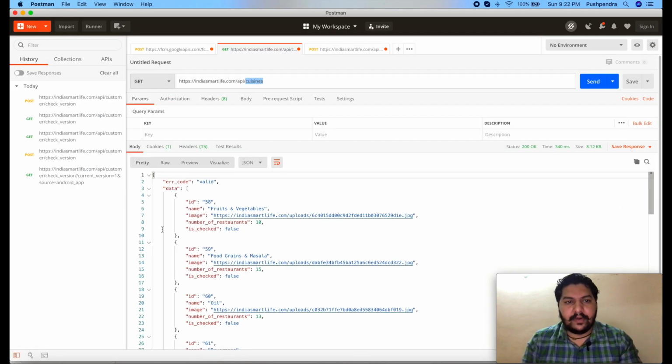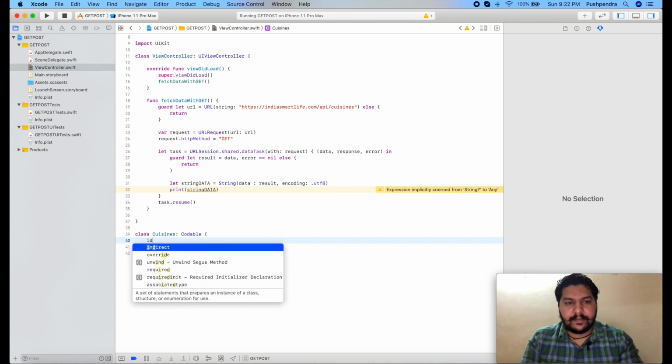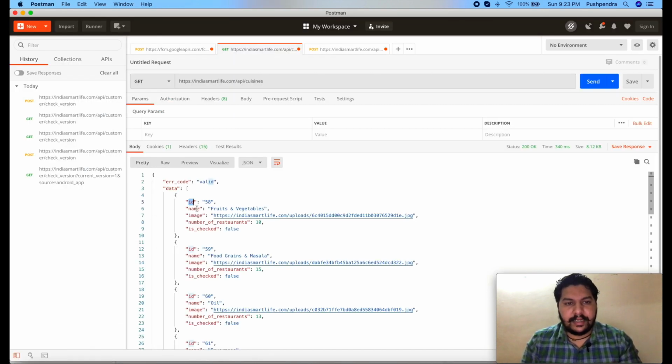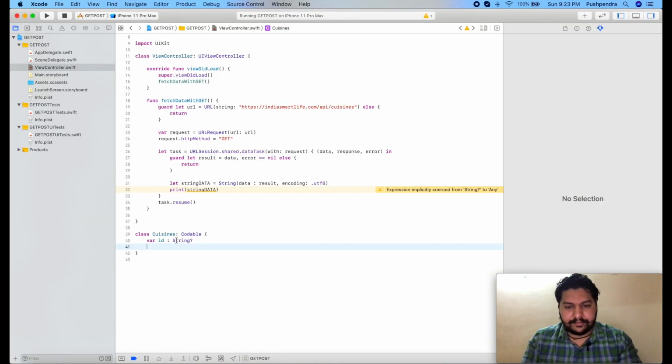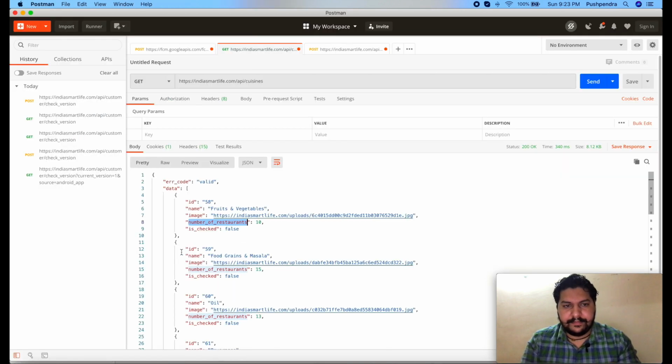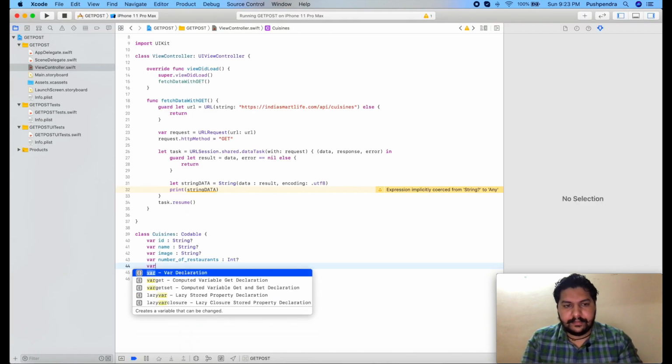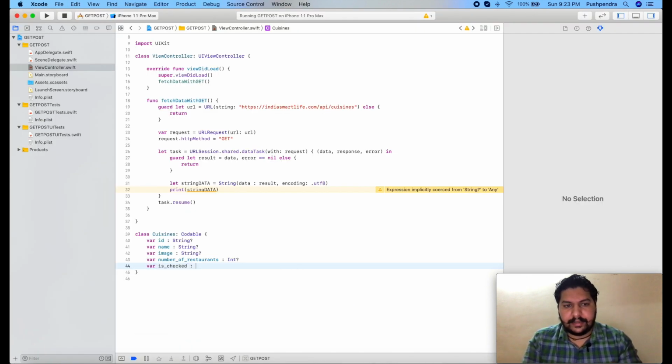Here I'll take all these values, where id type of string, okay, and same for name, same for image, same for number of restaurant, and same for is checked, okay. Here number of restaurant is integer and is checked is boolean, so I'll take according to that.